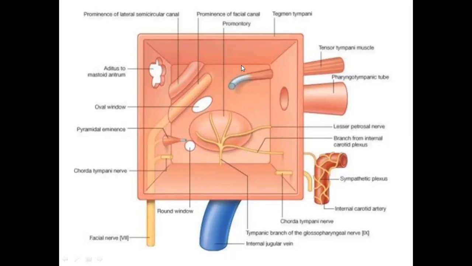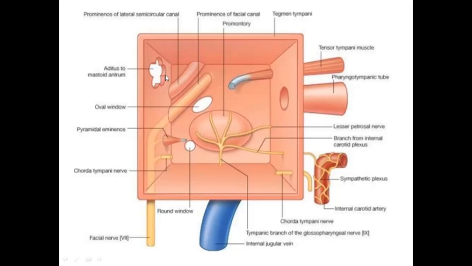So this is about the facial nerve, which starts its journey from the vestibule of the inner ear, then over the medial wall of the tympanic cavity, then anterior to the aditus. This is the opening which connects the posterior wall to the mastoid antrum. Then it comes downward, and before passing through the stylomastoid foramen, it gives the chorda tympani and also a branch to the stapedius muscle. And this stapedius muscle also dampens the sound waves.